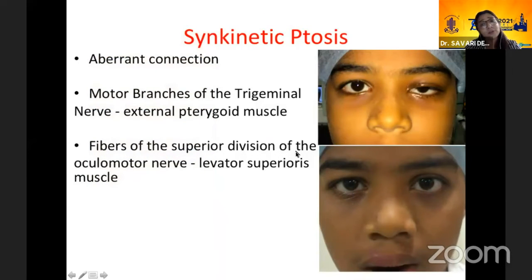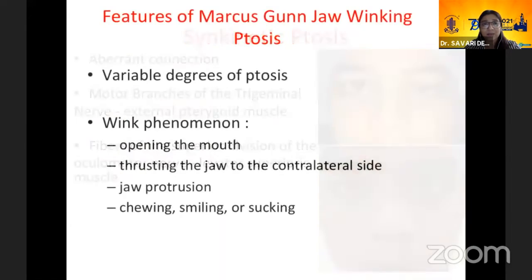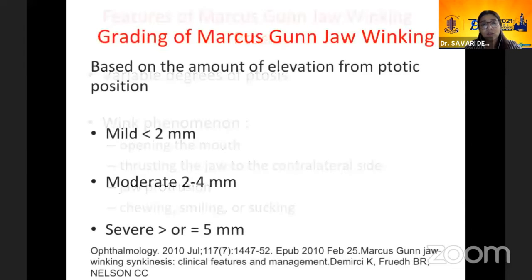Coming to synkinetic ptosis, Marcus-Gunn ptosis is something that most of us see in our training, and we know the beauty of how on moving the jaw, because of a synkinetic innervation, the eyelid goes up. Now I'll come back to this case later to point out the red flag, but let's go to the next thing. So basically there's an opening or a widening of the ptosis. The ptosis basically increases on movements of the jaw. And this is just something I put because often people don't know that you can actually grade Marcus-Gunn.